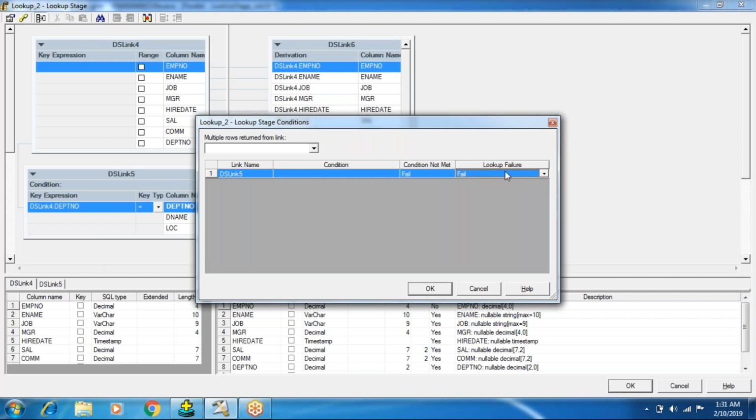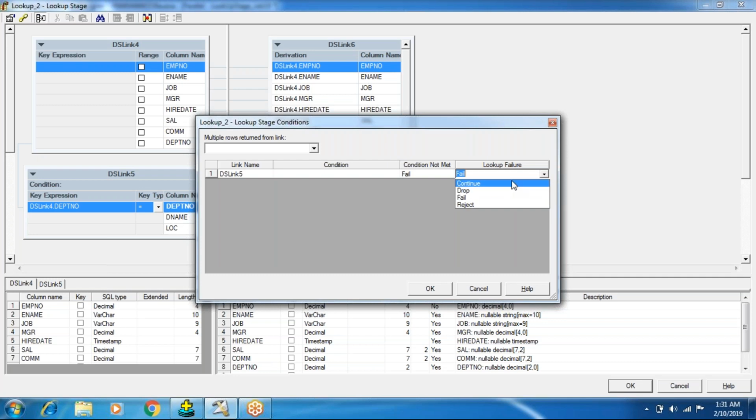If you find a record which is in primary and does not have a matching lookup record in the lookup input, then it should fail, or continue, or be dropped, or be rejected. So continue means what? Okay, even if the 50th department is only in the EMP table and not in the DEPT table, which is a lookup table, though it is a lookup failure record,